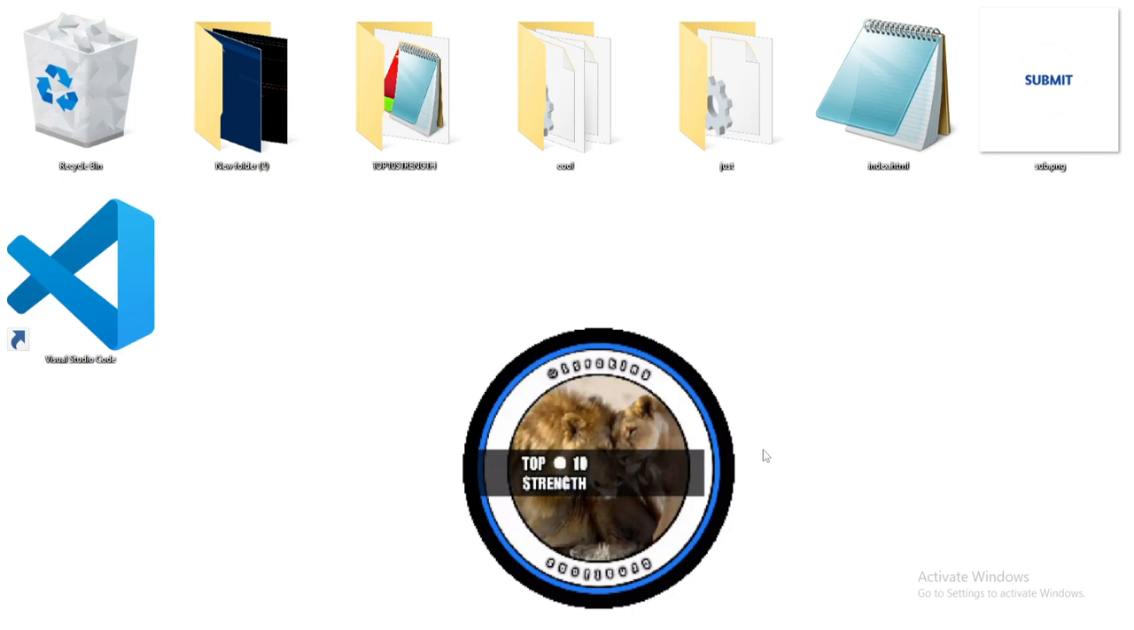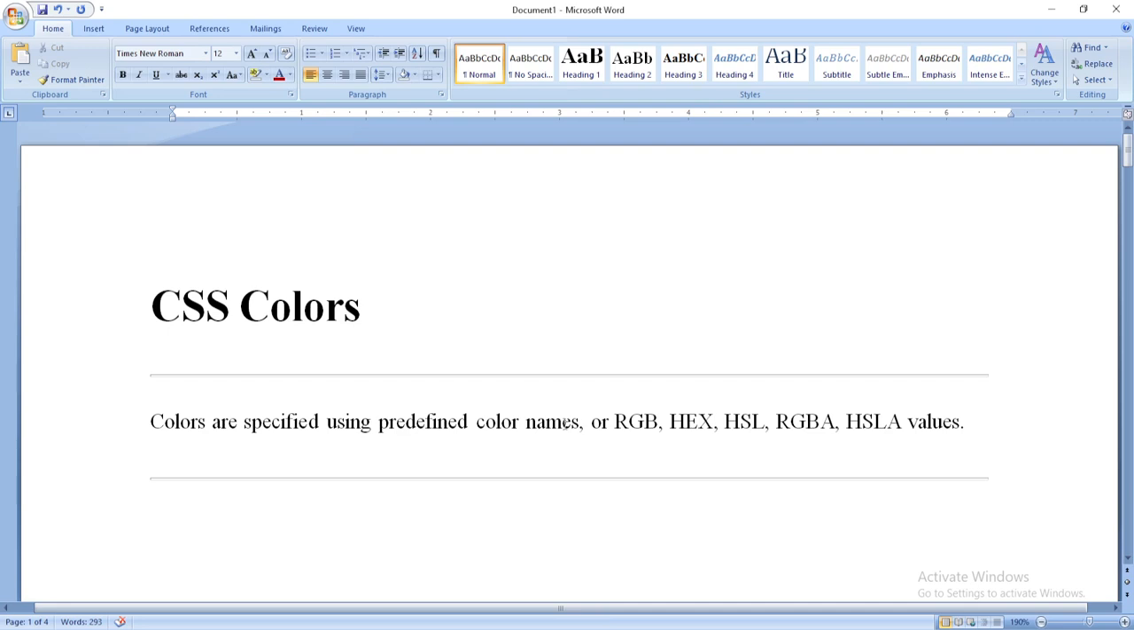And right now, we'll be discussing CSS colors. Colors are specified using predefined color names or RGB, HEX, HSL, RGBA, HSLA values. Once again, colors are specified using predefined color names or RGB,